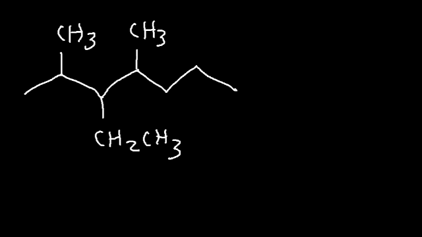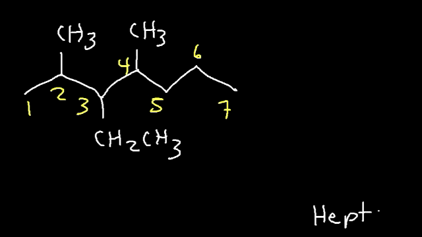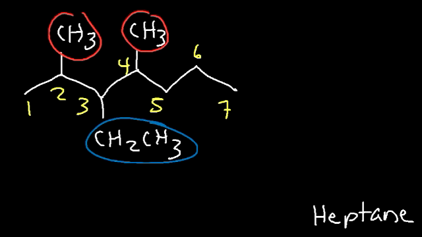So let's begin by identifying the parent chain. So this is going to be carbon 1, 2, 3, 4, 5, 6, 7. So 7 is the longest chain. So therefore, the parent name is going to be heptane for 7. Now, we have an ethyl group on 3, so this is going to be 3-ethyl, and we have 2 methyl groups on 2 and 4, so it's going to be 2,4-dimethyl. Ethyl comes before methyl, so it's going to be